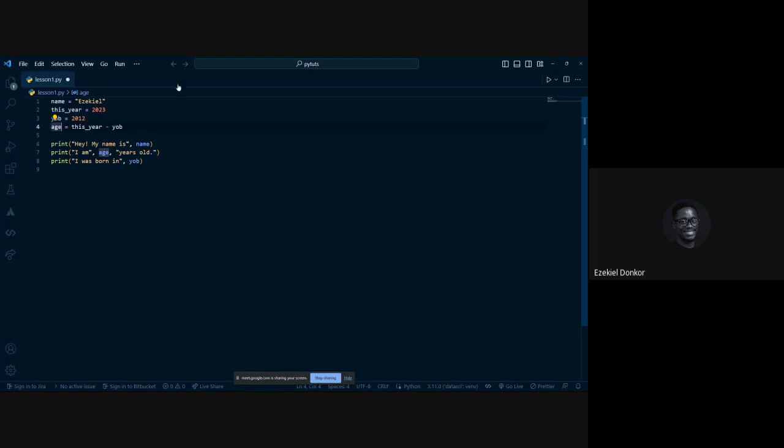Okay, so if you want to run this code, you can come up here, inside the tabs. You can come to the end where you have the play button, and then you can hit run Python code.